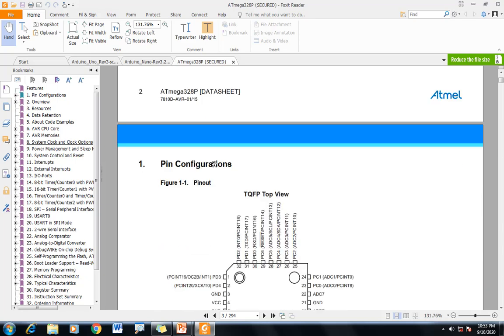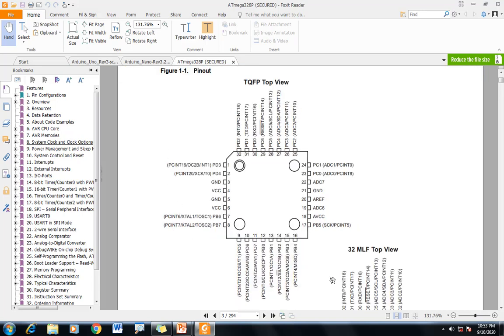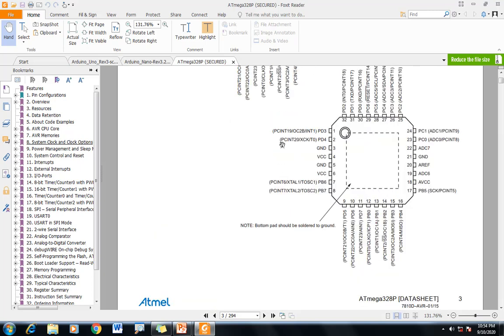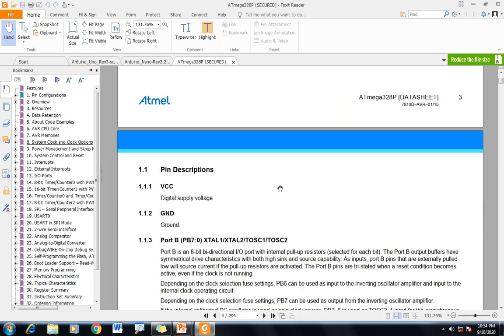Then what packages it is available in. I was telling you about the packages previously, right? This is more important when you are working on the hardware design part, to select which package you require when designing your board.